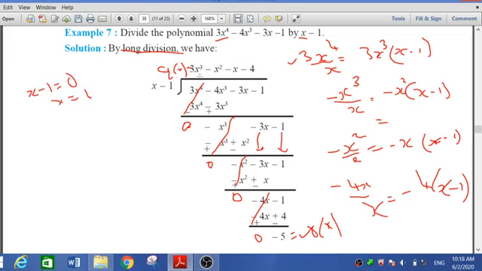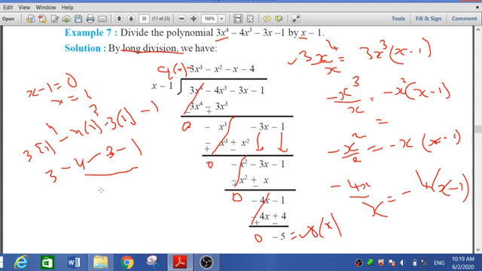What you have to put in P of x, if you put x equal to 1, we can get the answer. Now we check that. 3 in bracket, I have to write 1 the power 4 minus 4 into 1 the power 3 minus 3 bracket again 1 minus 1. So 3 minus 4 minus 3 minus 1. So these are all the negatives. So minus 8 plus 3. So we can get minus 5.